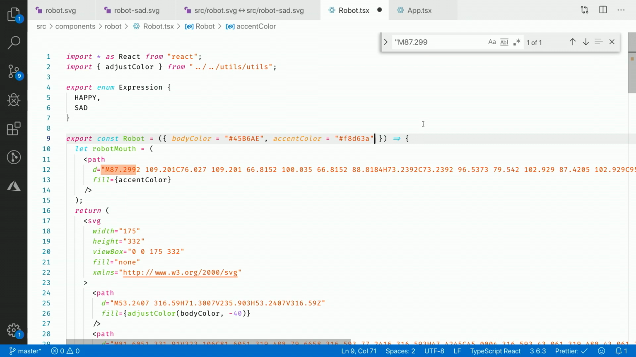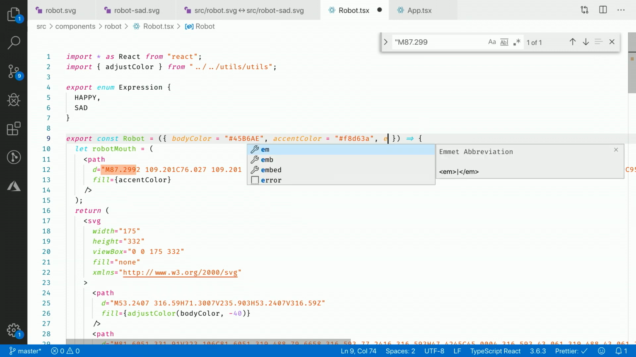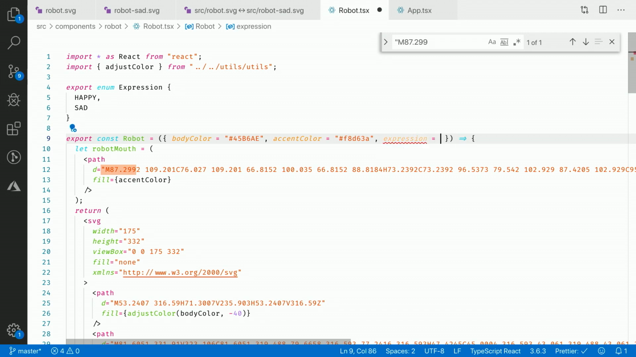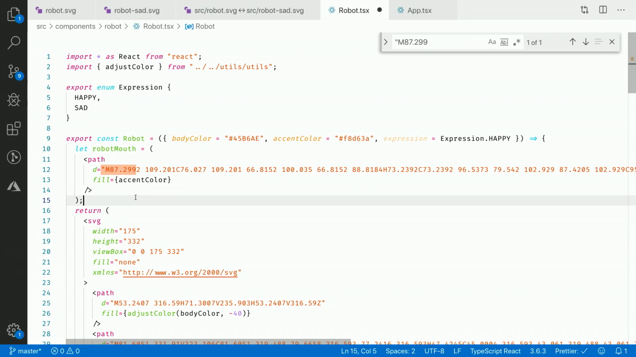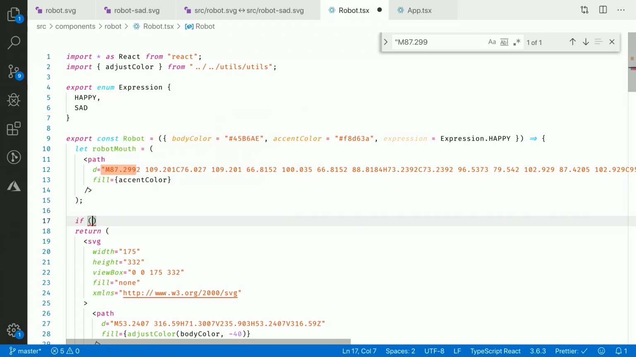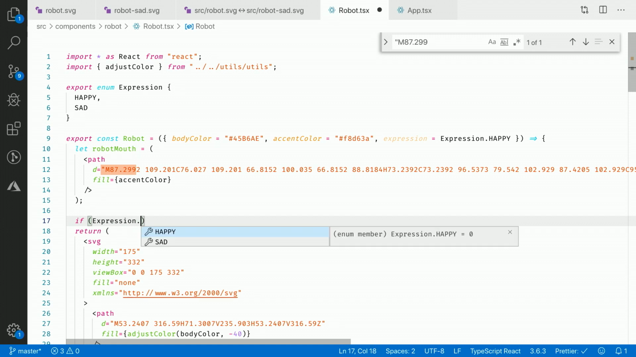And of course, we want to be able to let other people determine the emotion of our robot. And so we're going to let our consumer pass this in as a prop. And we can say that if no expression gets passed in, by default, the robot's a pretty happy thing. And now we can actually change the JSX that's being rendered for the robot mouth depending on the expression. And so we'll just check if he's sad,